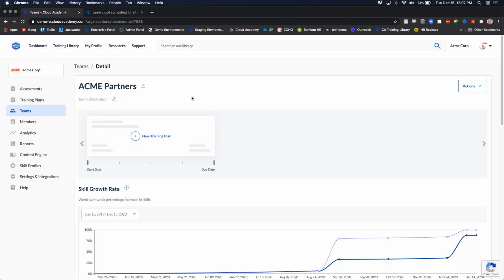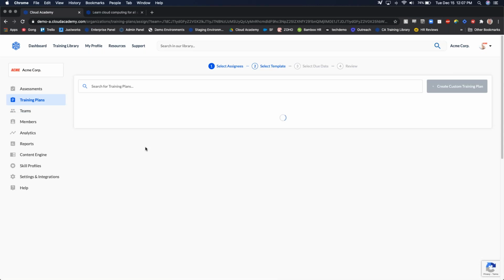A learning path is our approach to learning, our learn, validate, and do model. This is going to be a combination of courses, exams, quizzes, and labs on a particular topic. The training plan is how we add the accountability. The training plan is simply the mechanism to assign various learning paths. So let's jump in here and assign the very first training plan.